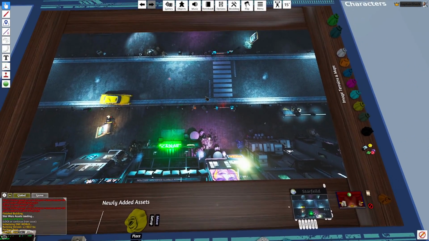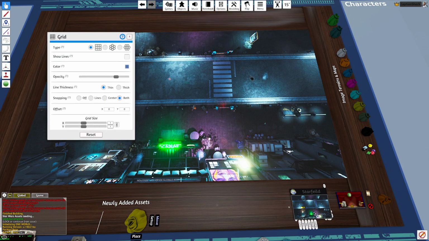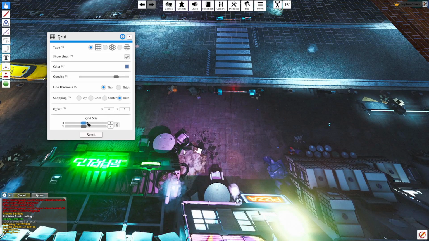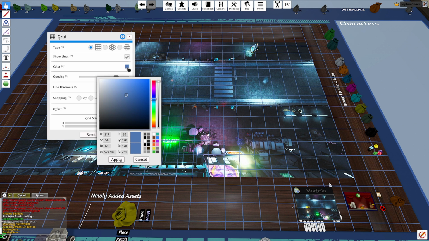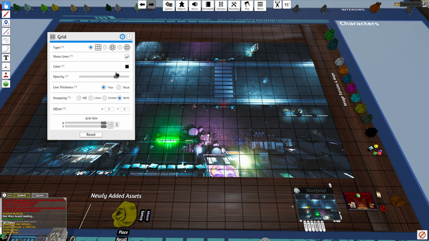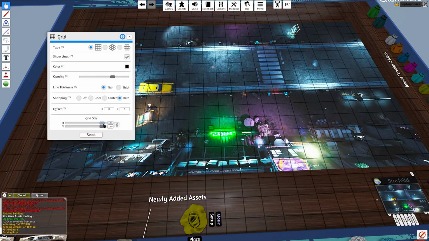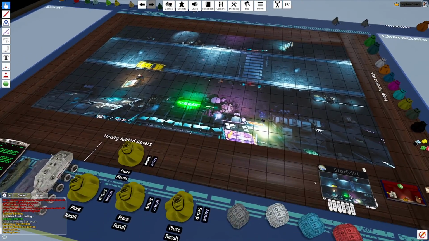Now that right there, that's good enough to fight on. That's good enough to have a battle. We can even throw on options. We can throw the grid on, show grid. There's the lines. Oh, they need to be bigger than that. Let's actually make them a different color. Let's make them black. And let's make them a little bit more transparent, maybe. Yeah, there we go. And maybe a little bit smaller. Boom, we're ready to go. We just made a map. That's all we needed. I could export this if I wanted to, but no, I want to build this out